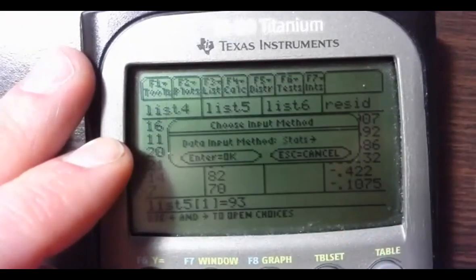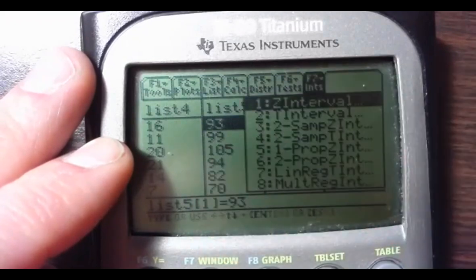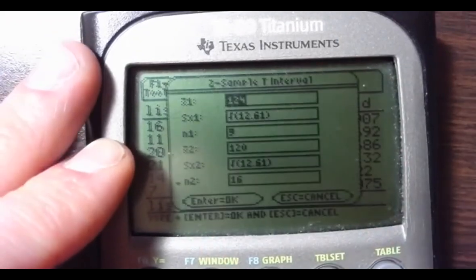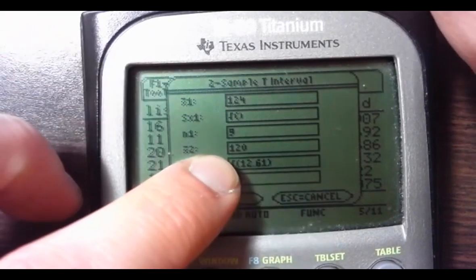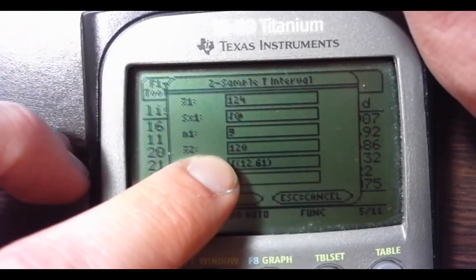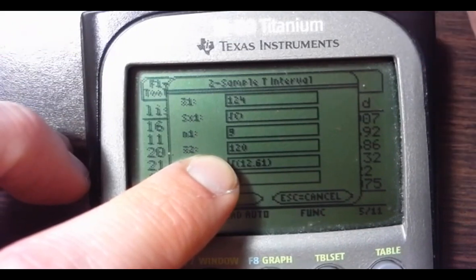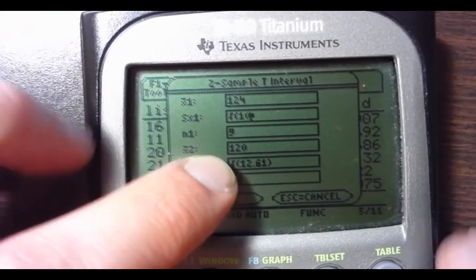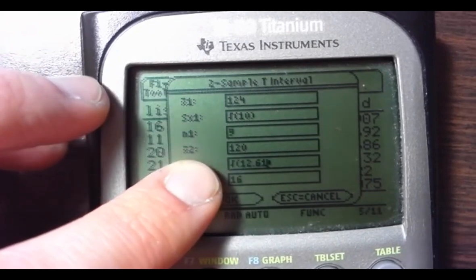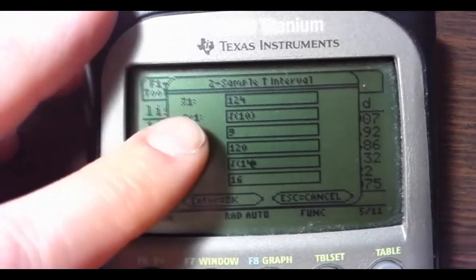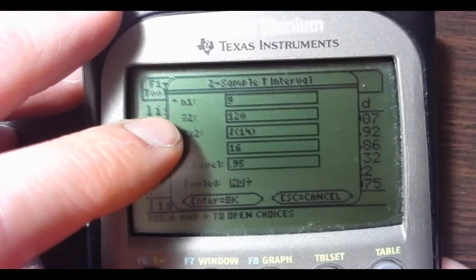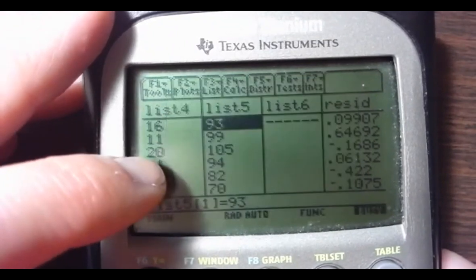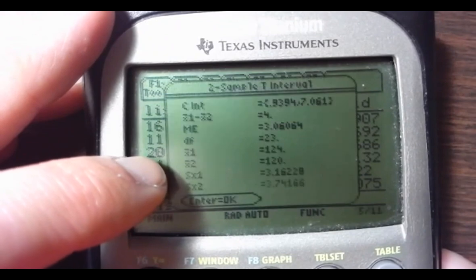Wait, escape. So as long as you have an option for pooling or not pooling, then you put in the 2 different standard deviations. Well, I did it by actually putting in my pooled number here, which was 12.61. Now I'm going to go back and try it with 10 and with 14. I think the calculator should correct for that, but let's see if we get the same. We should get the same numbers out of it this way. And you're going to click pooled for that. Yes. Yeah, we get the same numbers,